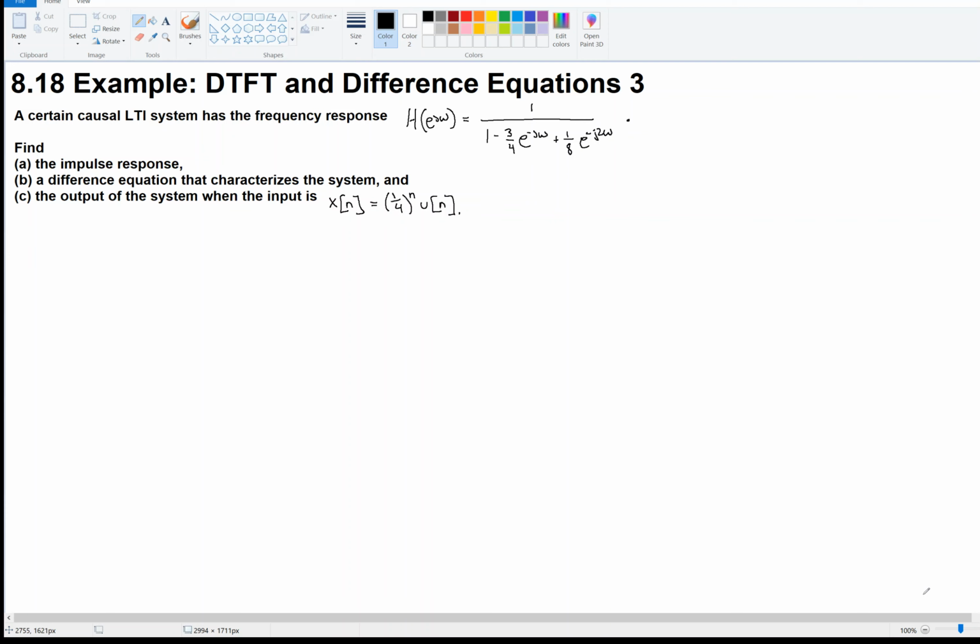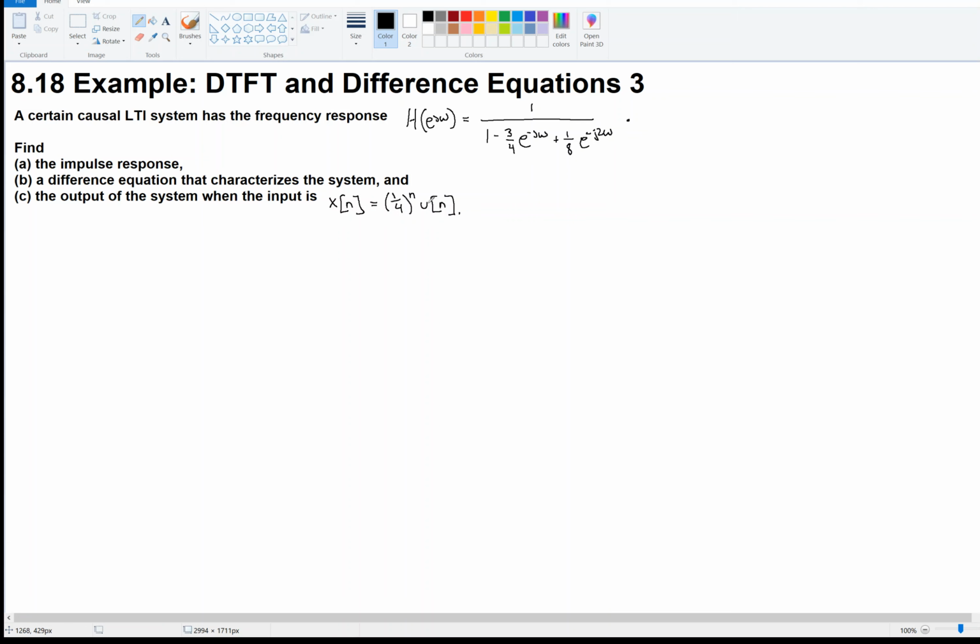Hi, welcome back. We're looking at difference equations and in particular how they relate to frequency response and discrete time Fourier transforms. So I've got this example here. A certain causal LTI system has the frequency response given by this thing, capital H. Find the impulse response, a difference equation that characterizes the system, and the output of the system when the input